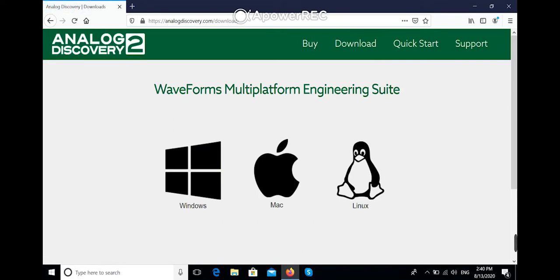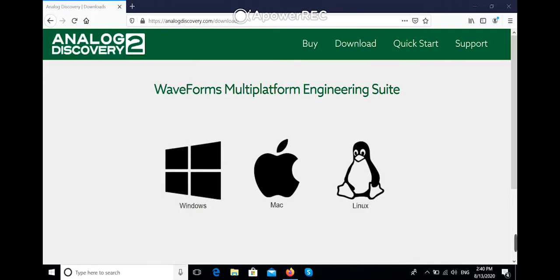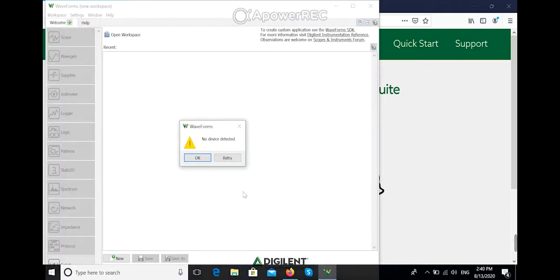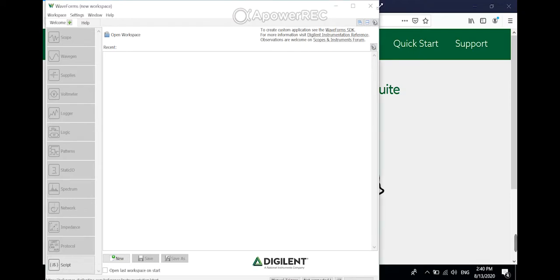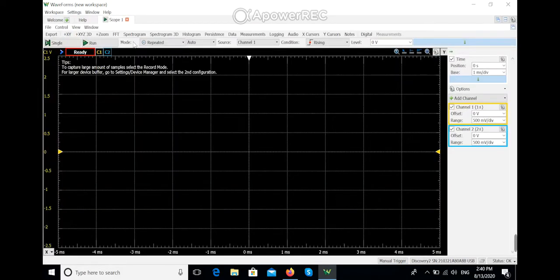I have done that and I have the waveform software on my personal computer. Then as you can see, because the Analog Discovery is not connected to my personal computer, I get this error. So you just need to connect the USB cable to your computer. Let's retry, and you can see that there are different panels here, and these tools are used during the experiments, to do the experiments. By clicking once on them you can open them,